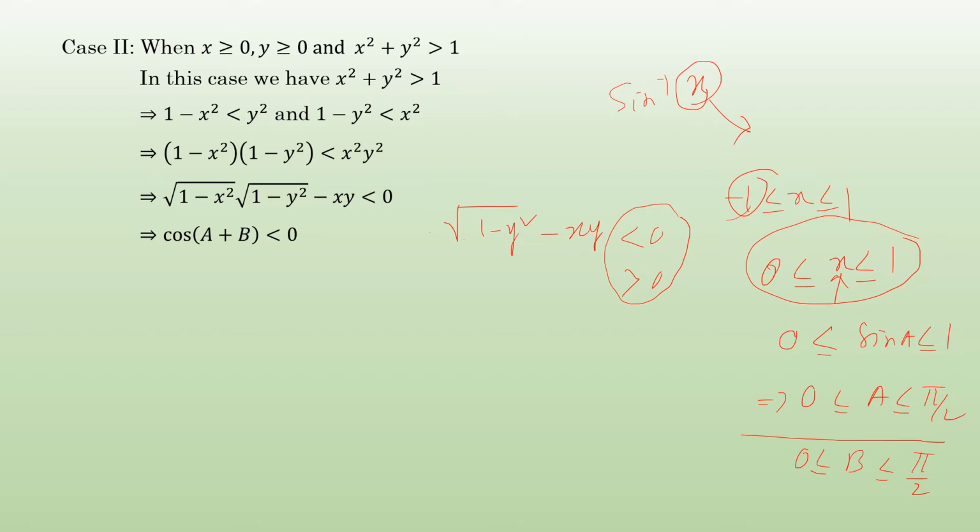And so cos a plus b is less than 0 mean in which quadrant a plus b is lying? It will be in the second quadrant or in the third quadrant, because we know that cos is negative in the second and third quadrant, positive in the first and fourth quadrant. So from this line we can conclude that a plus b is lying in the second or in the third quadrant. So I am writing that one, a plus b mean the angle inside cos is second or in the third quadrant. But already I discussed this,